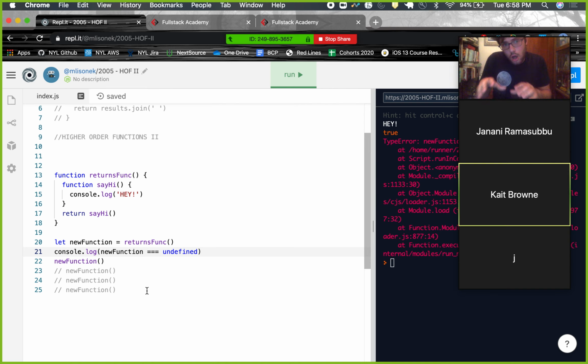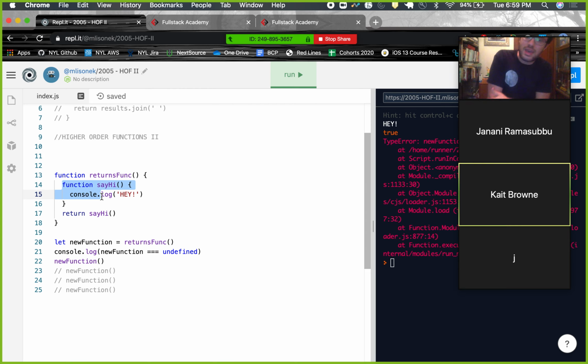It's a little convoluted to talk about, I feel, but it is very straightforward, right? If we're running this function, it's just kind of unnecessarily layering things, right? This would make sense if you try to return undefined from a function and then try to run that return value, then obviously there's going to be an error. It's just, okay, we're going to call this function. What does this function do? Oh, it calls another function that's defined inside of it. It's just making it a little bit more complicated, but the whole principle is still very basic,